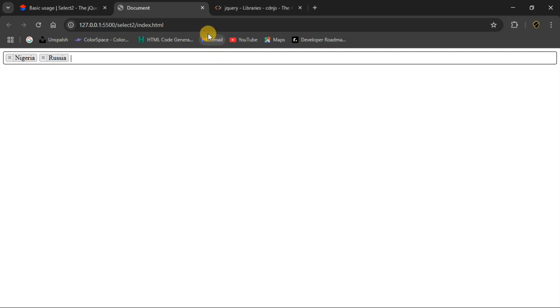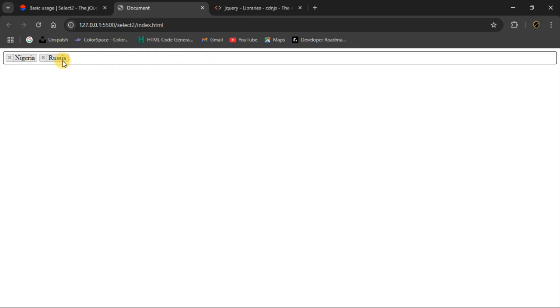So today I'm going to be talking about another jQuery library that will improve your web development. This jQuery library is called Select2. It's going to help you whenever you are trying to manipulate a select or your menu option like this. Select2 can be used to do different things to your select box,